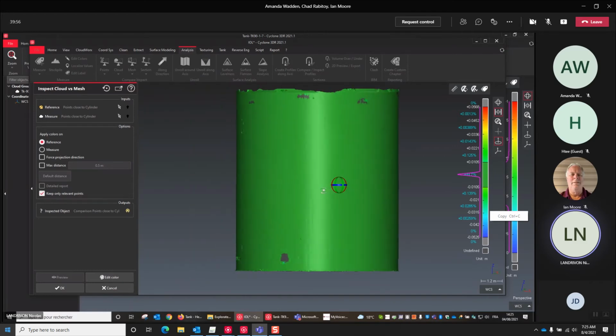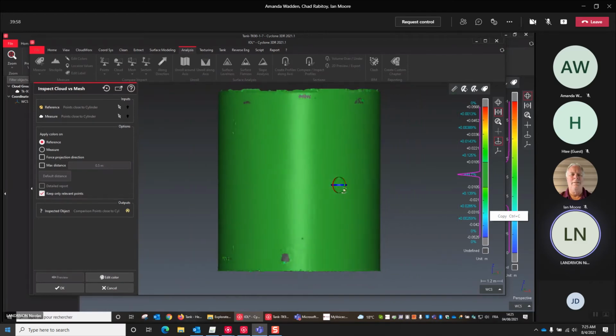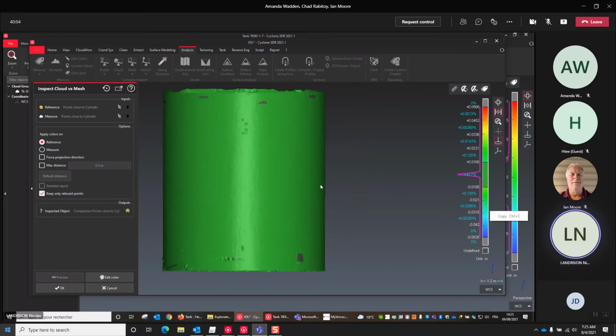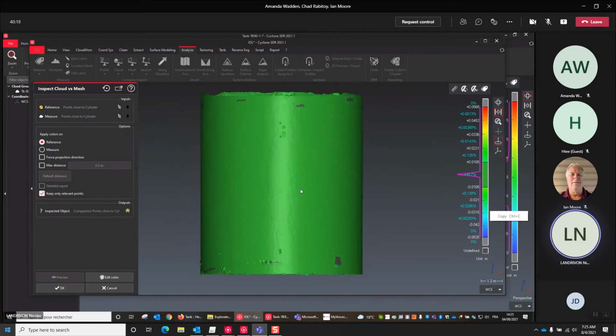So if you see my screen, and I hope that you will do this also on your computer, everything is green. It means that 99% of the points are located within 1 centimeter. So of course we're going to change that to reduce it in order to see the deviation more precisely.